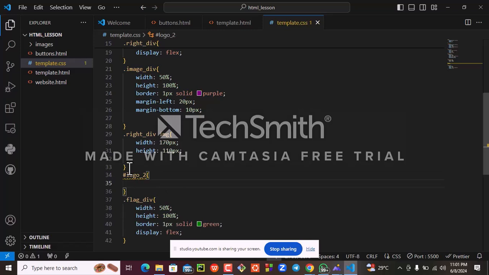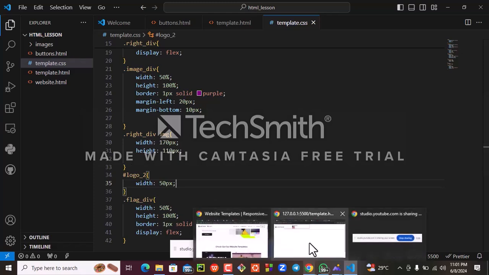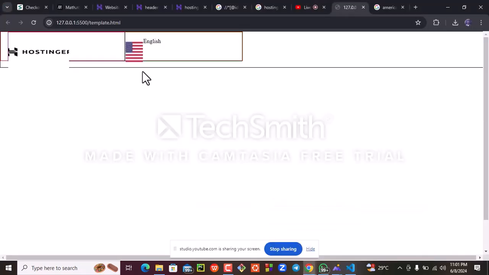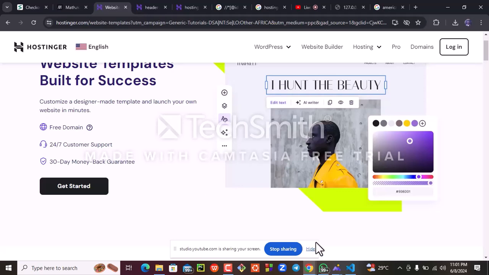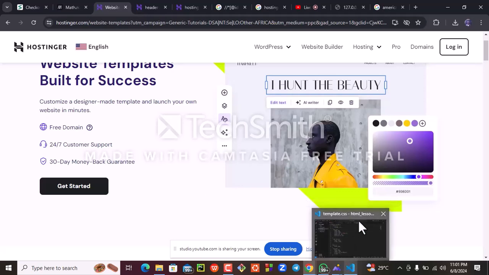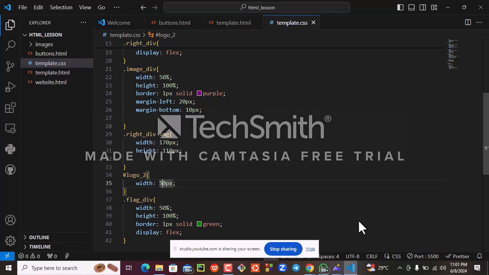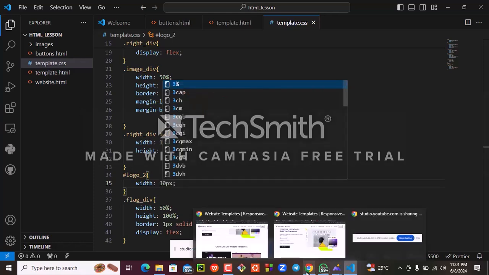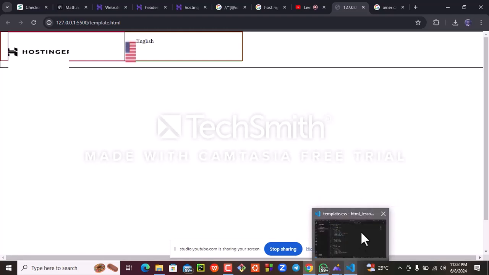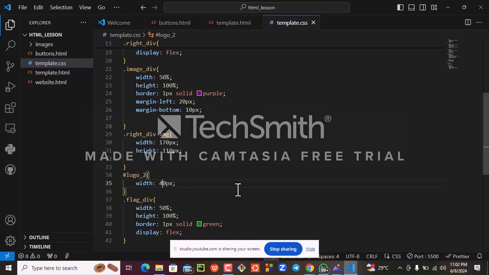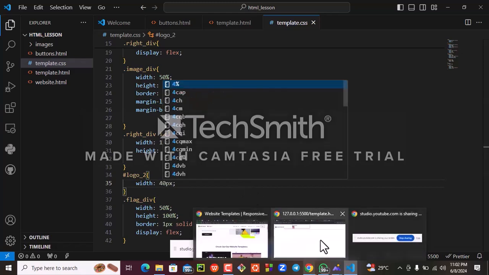Then we are going to give it a width. Let's give it a width of say 50 pixel. Now let's go and then see what 50 pixel looks like. Okay, I think the width is looking like this. Okay, still not okay, 50 pixels is actually still big. Let's give it 30 pixel and then see what we get. It's beginning to affect our image. Our image is beginning to look blur, but we are going to fix that, don't worry. Okay, let's give it 40 pixel